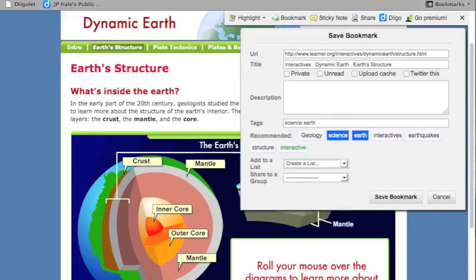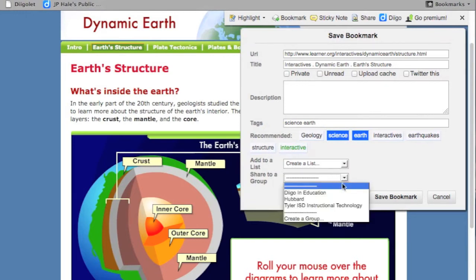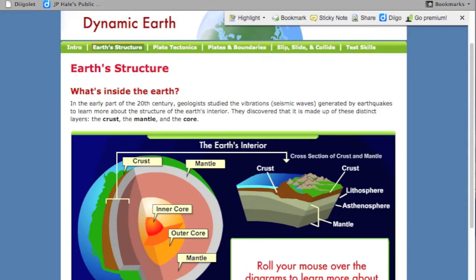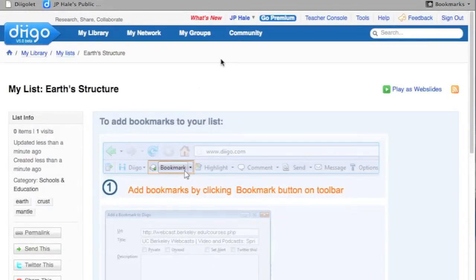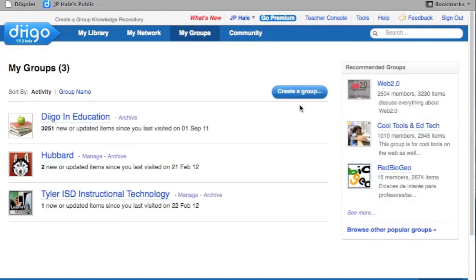Let's say you're on this website and you want, instead of a list, you want to share it with your first period class. Well, again, you click the drop down menu. If it's not a group you already have, you click create a group. Another method would be simply when you're on your home page, notice up here at the top it says my groups. You click on that, and then there's a button here that says create a group. So I click create a group,